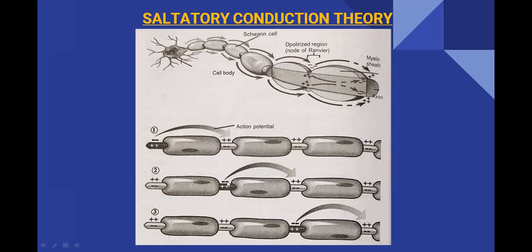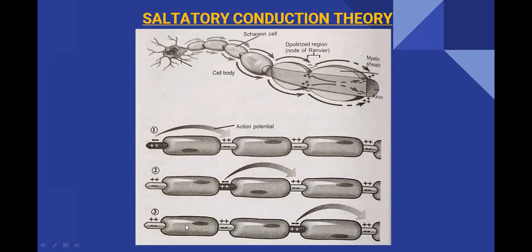And the sodium ions which are present outside the first Ranvier node will be attracted towards the axon hillock region. In this way, the outside of the first Ranvier node, which was positive, becomes negative, and the inside of the first Ranvier node, which was negative, becomes positive. It is like this only. The sodium ions from the first node to the second node will jump in the same way.